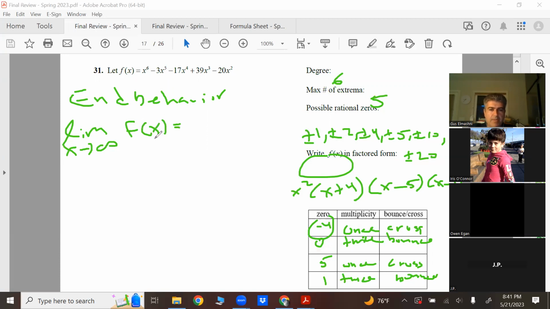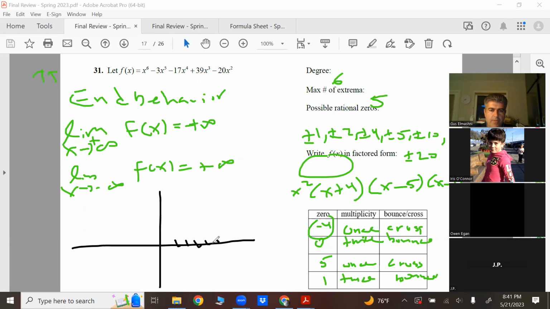Limit as x approaches infinity of f of x. It's pointing up because of the even exponent and the positive leading coefficient. And of course, limit as x approaches negative infinity, f of x will also be positive infinity. So there's the end behavior. So when I do the graph,